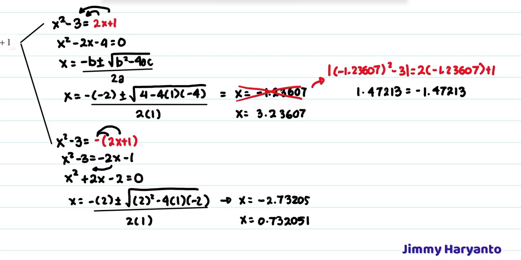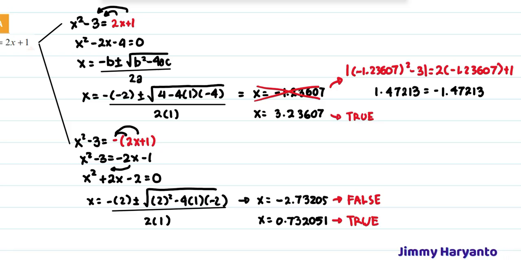Okay, I will calculate for the rest of the x. The working is still the same. You only have to input it into the questions. Okay, I have checked all of the values of x. This one is true, that one is true, but this one is false. That means you reject this value of x. So in this question we only have 2 answers.